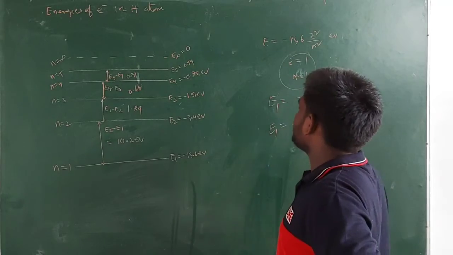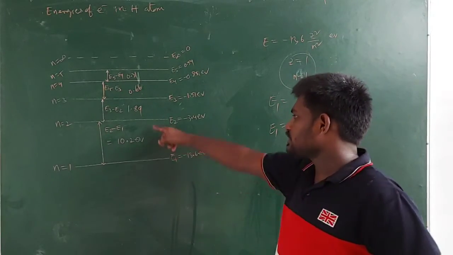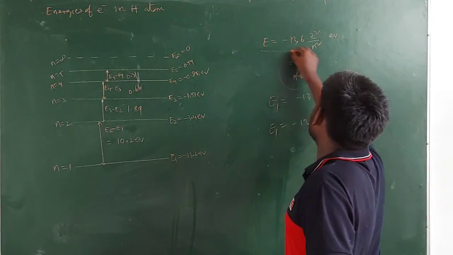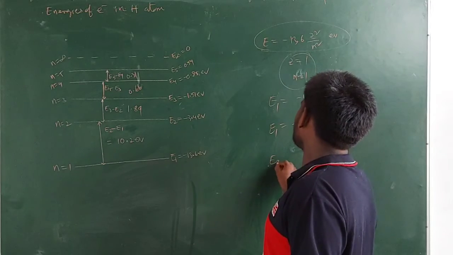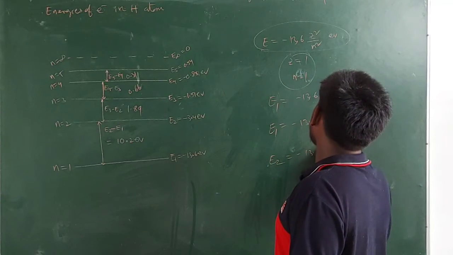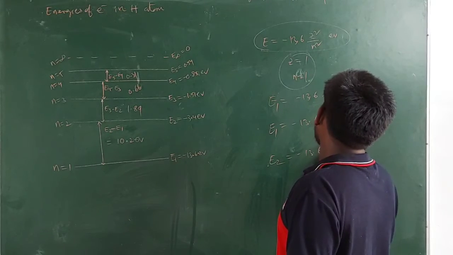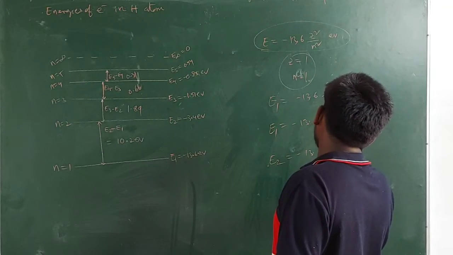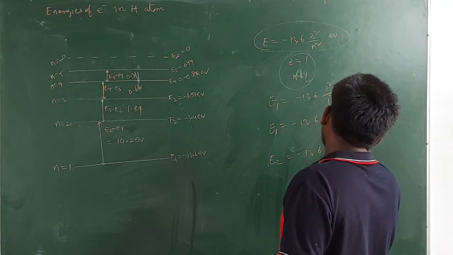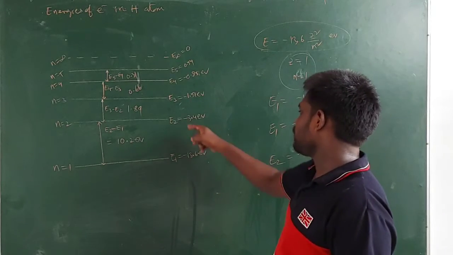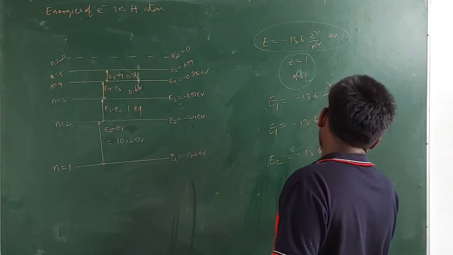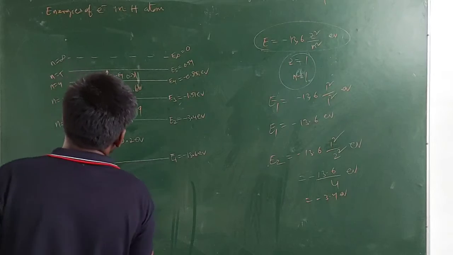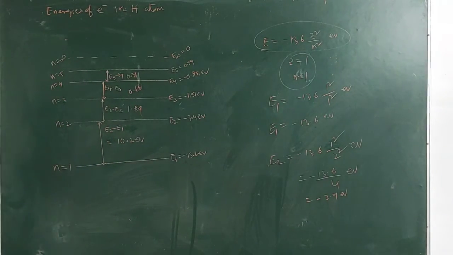Okay. Now if you want to find the energy of the electron present in the second orbit, guys, we need to take the n value as 2 in this equation. The energy of the electron in the second orbit equals minus 13.6 Z square, means 1 square, by n square. The n value is 2, so 2 square. So you have minus 13.6 by 4 electron volt. If you simplify this, you will get minus 3.4 electron volts. Similarly, we can find the energy of the electron in the third, fourth, fifth and the next orbits, up to infinite orbit also.